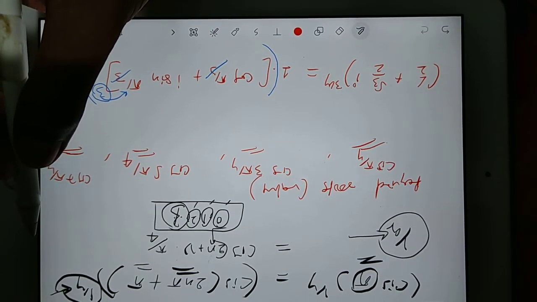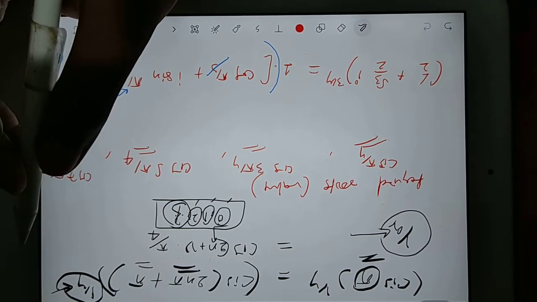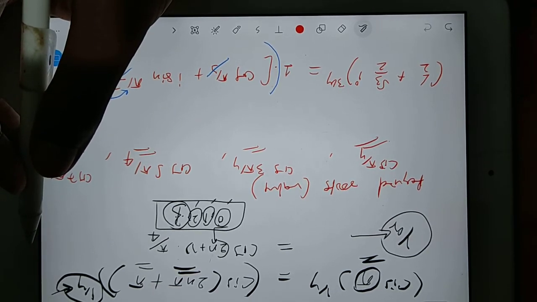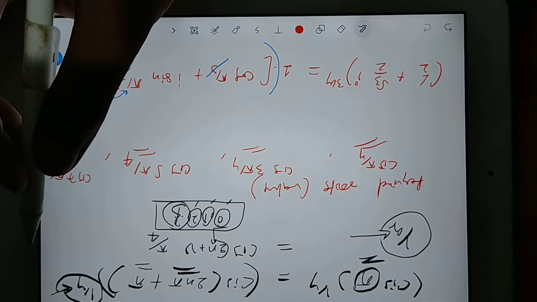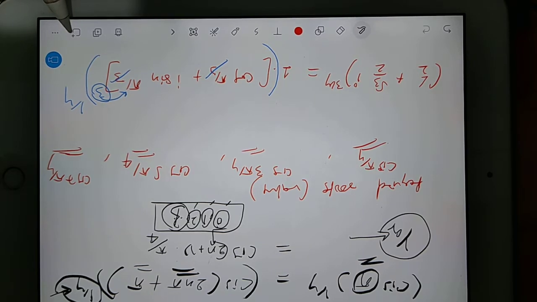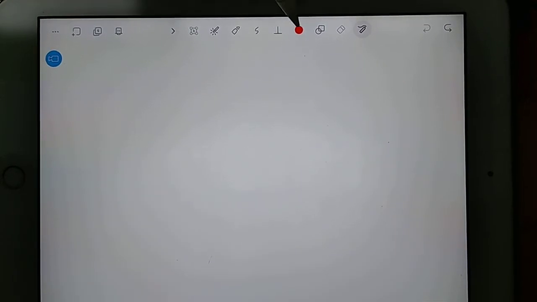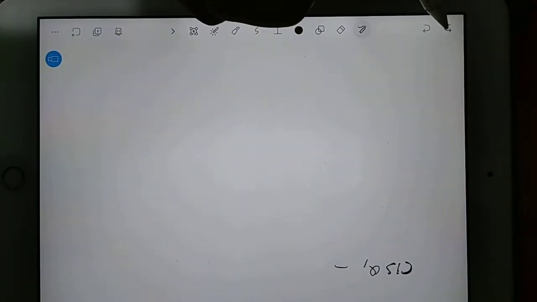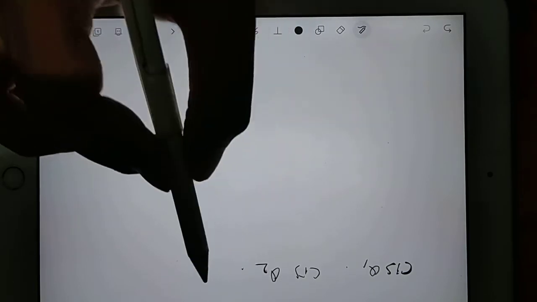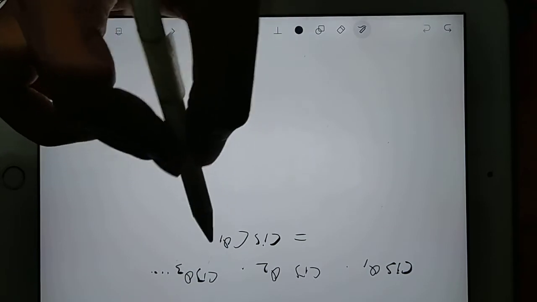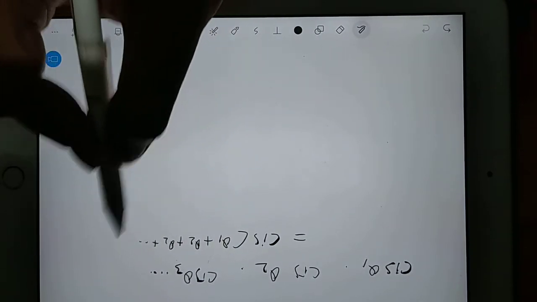And they have also asked to multiply them. So we have to multiply. Whenever we multiply numbers like cos theta plus i sin theta, we directly add the angles. So for that, take a note. Suppose you have to multiply cis theta 1 with cis theta 2, with cis theta 3 and so on. Then the answer comes as cis of the sum of all the angles, theta 1 plus theta 2 plus theta 3 and so on.